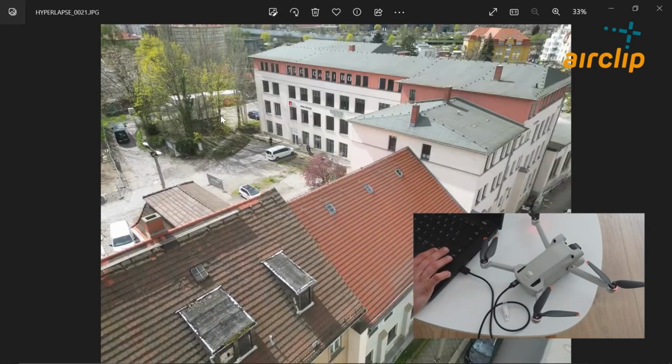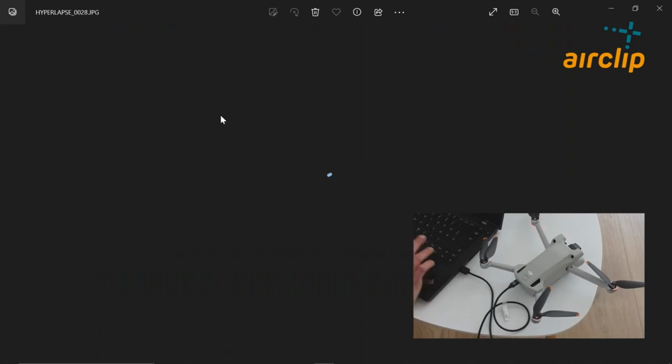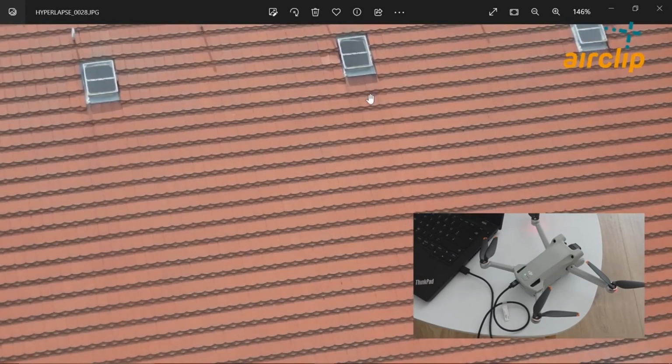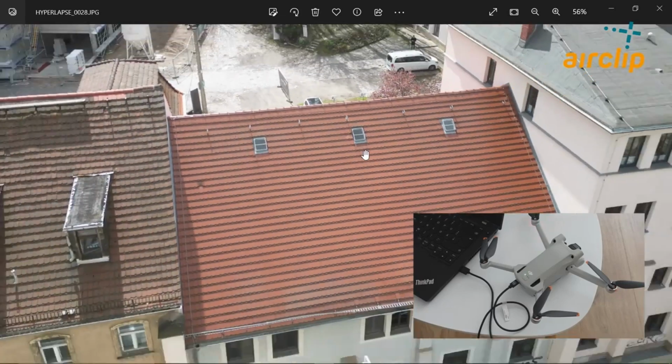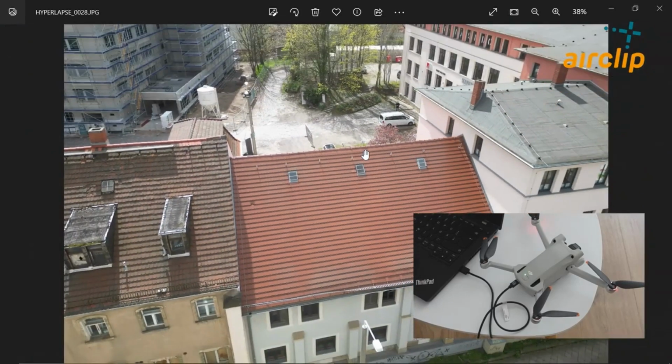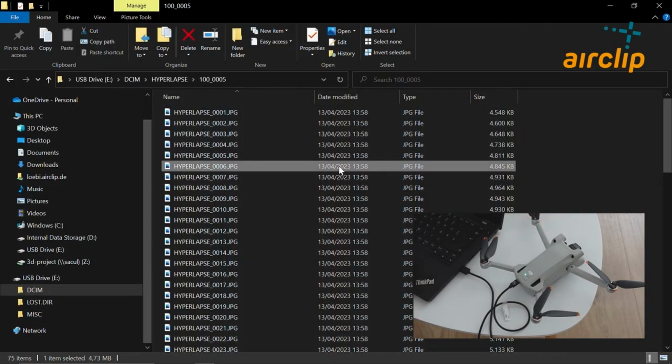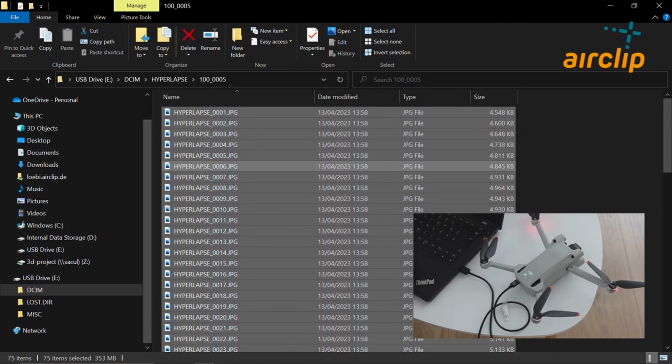And now you can see all the images that have been acquired. These are the images that you can now transfer to your photogrammetry solution like the AirClip Cloud service. You just upload these files now, and we are about to create your 3D model.